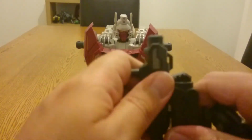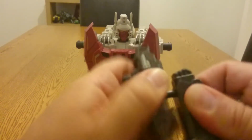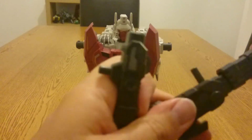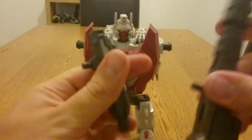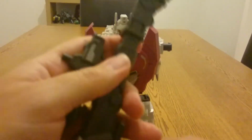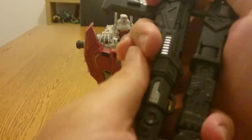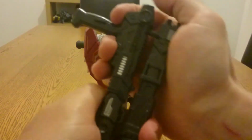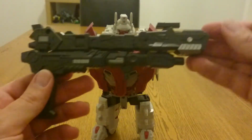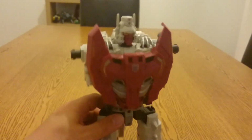So actually what I'd have been better off doing is plugging that on the end of here, and then pegging that in here, and then here, and then pushing those in all at the same time, like that. So you've got one big gun here, and then you can combine all the other guys and add them on